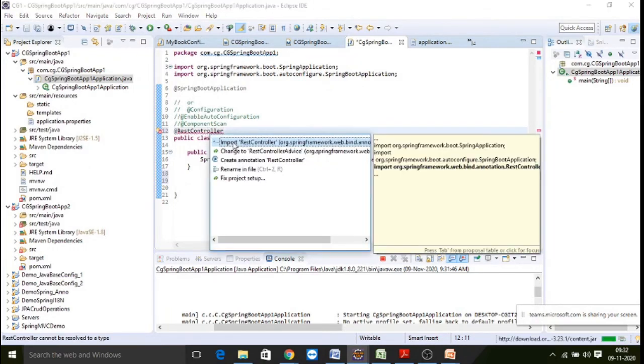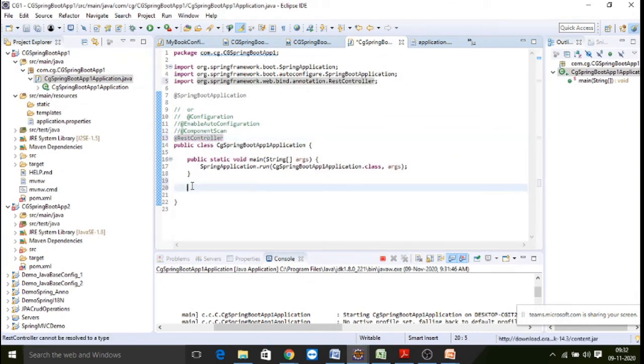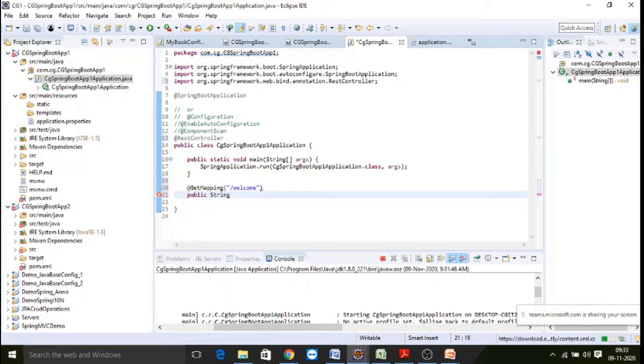We have to write them separately, but we can do that. And I write the @GetMapping annotation. Simply I am giving a URL called welcome. The return type is String. My function is welcome, say welcome.